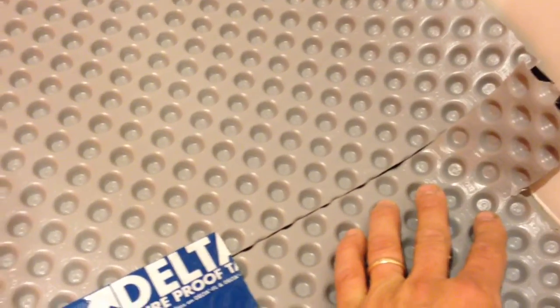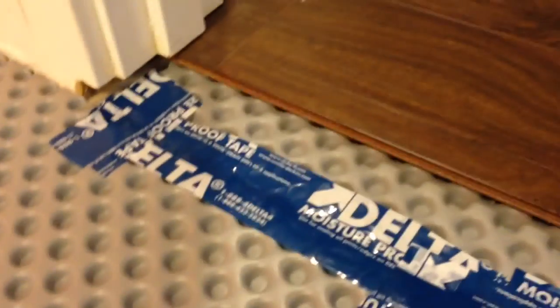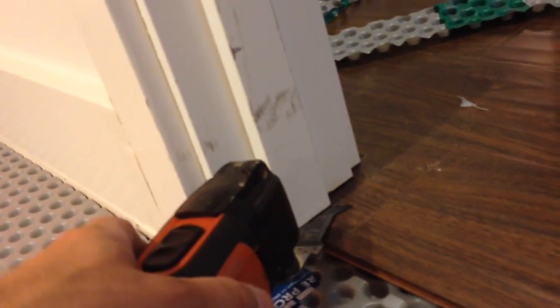So this subfloor membrane is easy to install. Just unroll it, butt the seams into each other, tape the seams. The oscillating saw is used for, you could also use a Japanese saw, to cut the jamb of the doors or trim or whatever you want to do. On this project I did not need to remove the base because it's been sitting on the concrete for 9 years, I believe, and